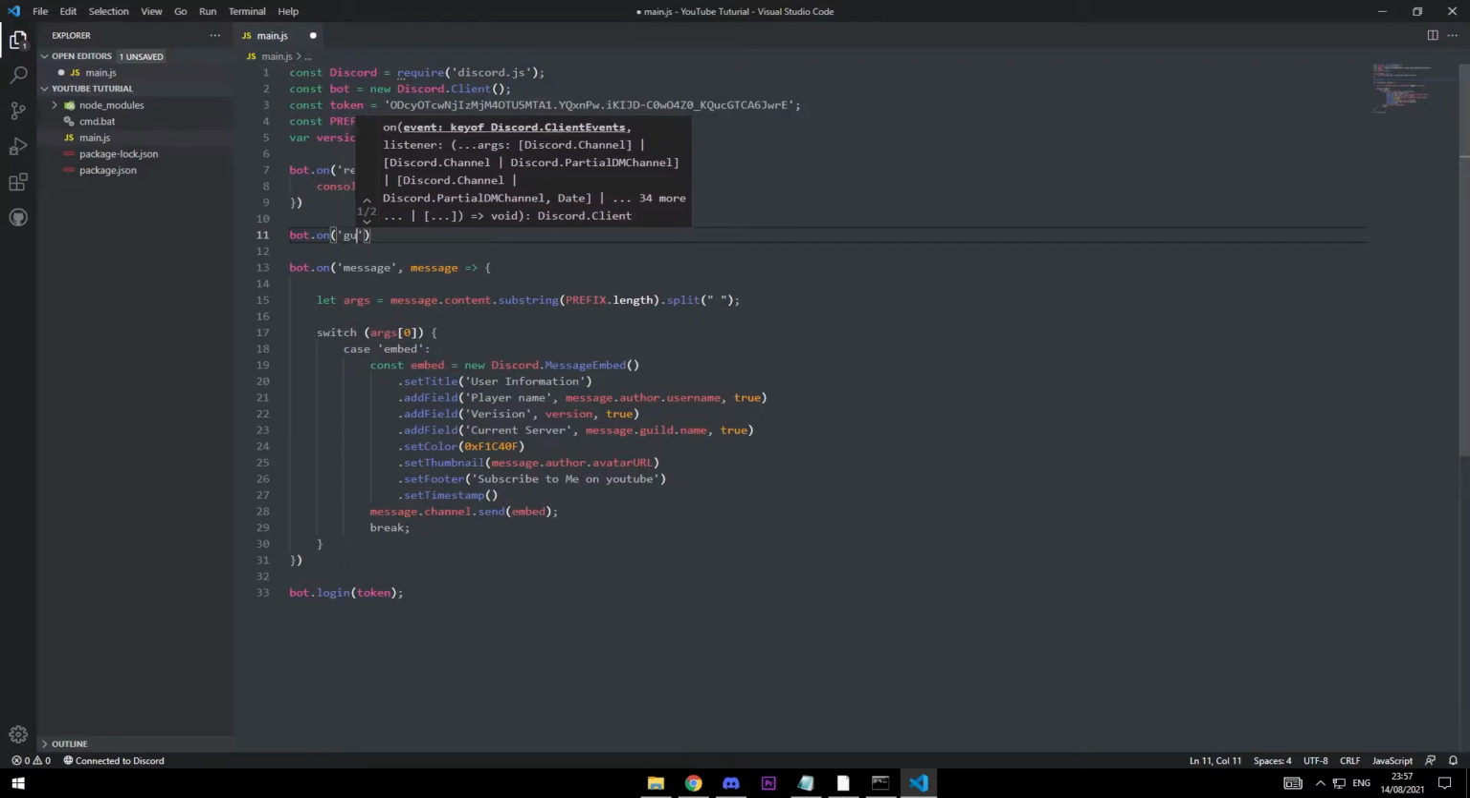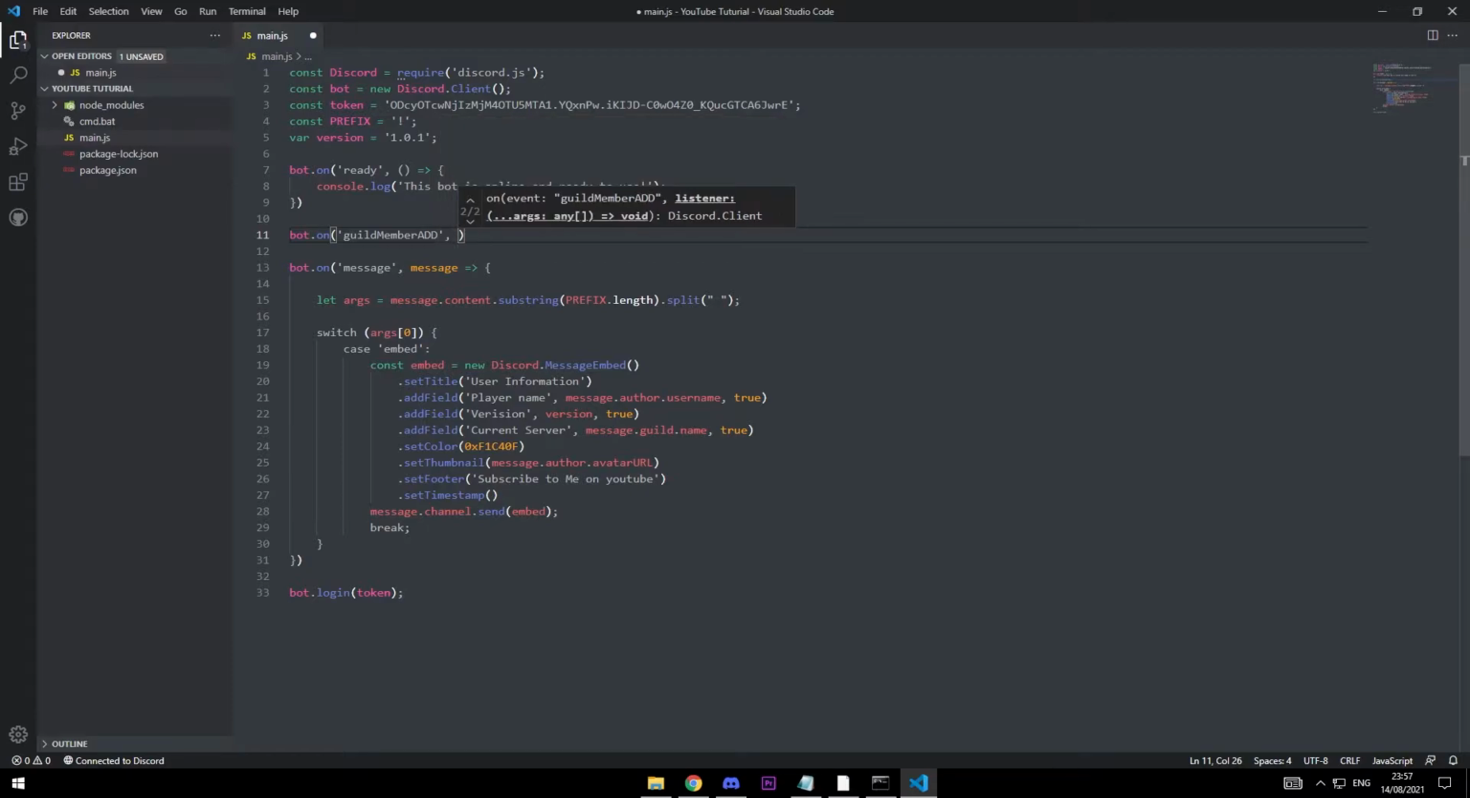Now we're going to be doing guildMemberAdd. Guild, member. It's capitals, member add with two Ds. Guild member add. And then we are going to be doing a comma and then member